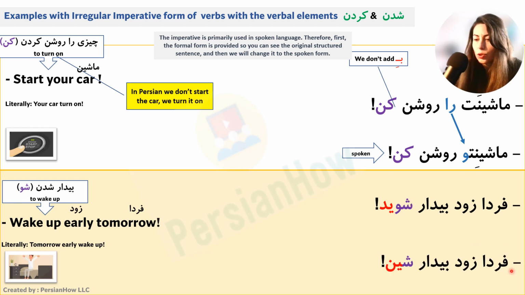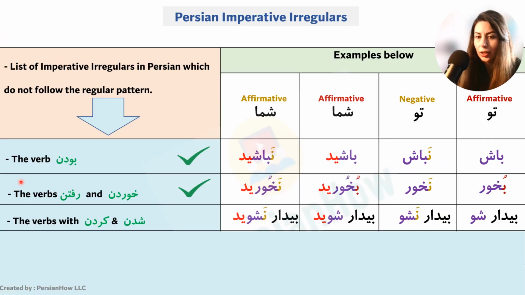The more spoken form is فردا زود بیدار شین. So شوید, the dal here was changed to a noon, and the rest stays the same. So we covered this row with the verbs with verbal elements shodan and kardan, and now we are going to